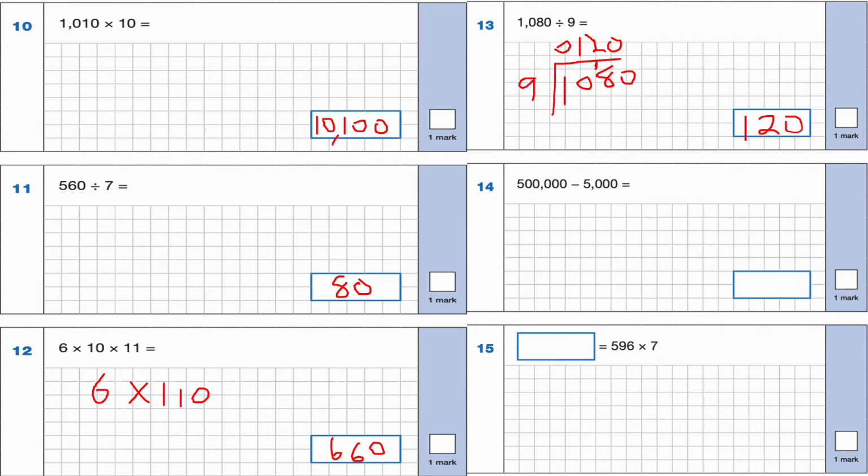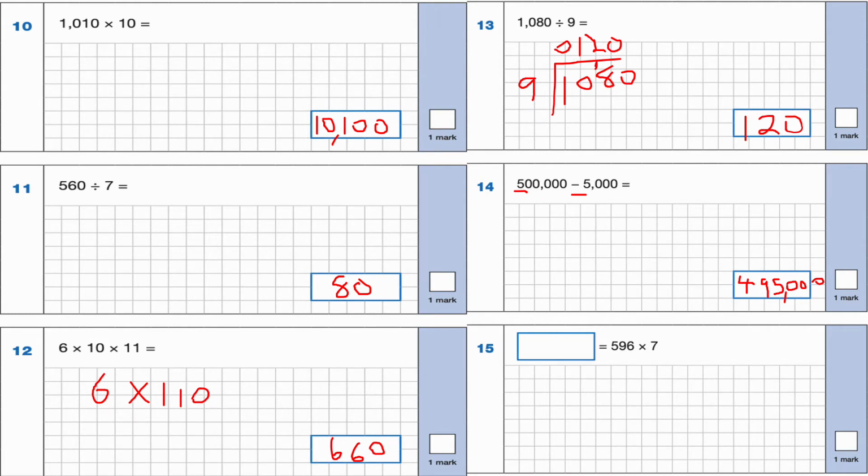Okay, question number 14. 500,000 take away 5,000 is 495,000. The way I like to think of it is, if I just ignore the zeros, so I've got 3 zeros there, it's the same as doing 500 take away 5 and then sticking on those extra 3 zeros. So 500 take away 5 is 495 and then stick on the extra 3 zeros. That answers